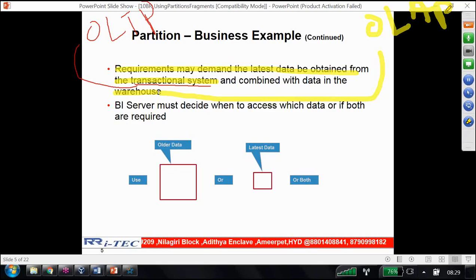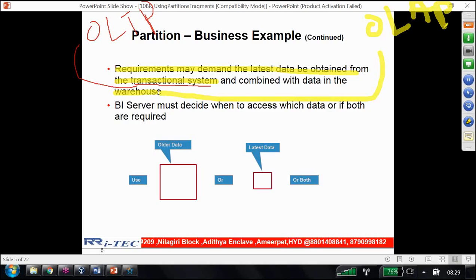Why? Because, as I said, my load window is monthly. Every month, end of the day, when the working day is completed, we run it. So we have the data in the data warehouse up to May 31st only. Now the remaining 13 days of data, from where do I have to get it? I have to get it from the OLTP, or not? So there is a need to get the historical data from the data warehouse, and the recent, current data from